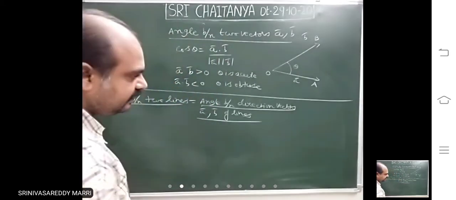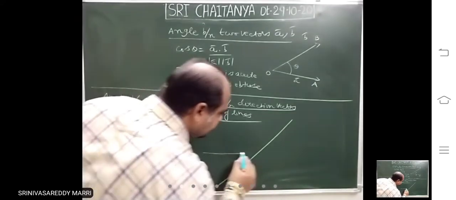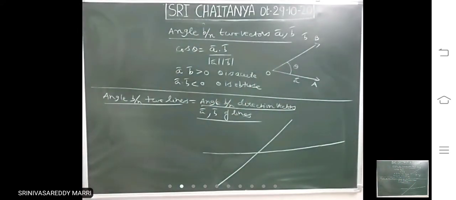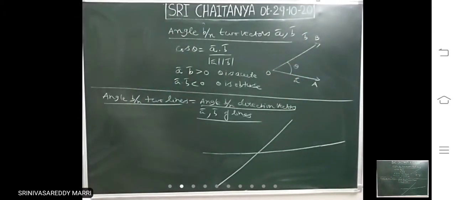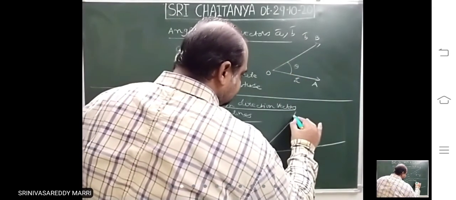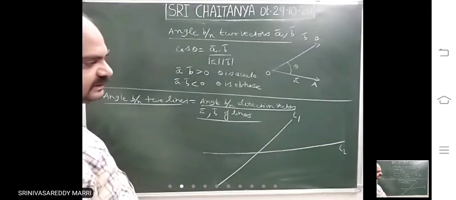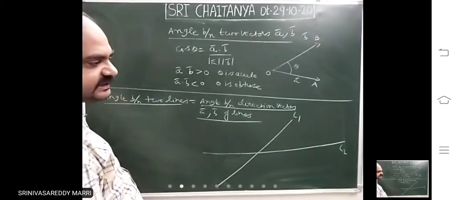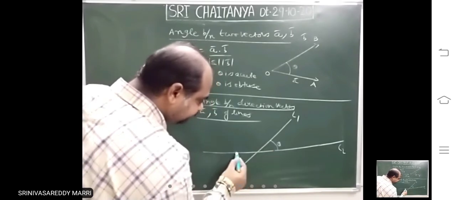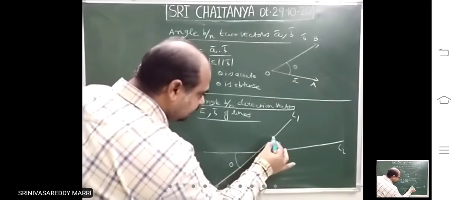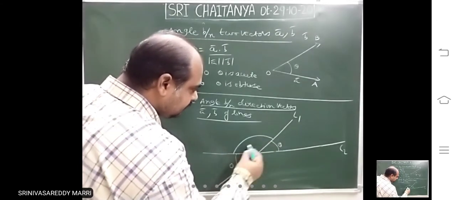Suppose two lines are there. These are not line segments, they are of infinite length. Right? Here, only directed line segments OA, OB. Here, lines. So let us say L1 is this, L2 is this. Obviously, there will be two angles, in the same manner as in straight lines, which we have discussed. Let us say this is theta, then this is theta. If this angle is theta, the vertically opposite angle will also be theta.